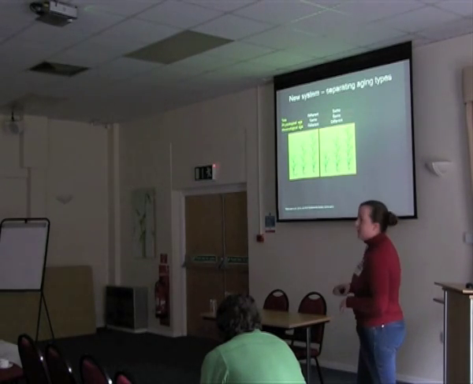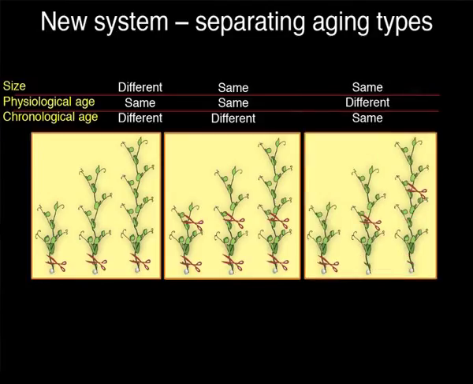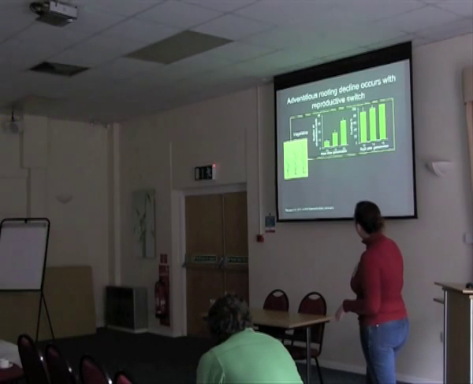We can also then decapitate them, so we take out the size effect, and we can also take cuttings in different positions. So we actually separate these two processes. We can see the difference. And we can do this during the vegetative phase, before the apical meristem becomes floral, and also after and across that junction. I'm not going to show you all the results because that's a huge number of experiments, but